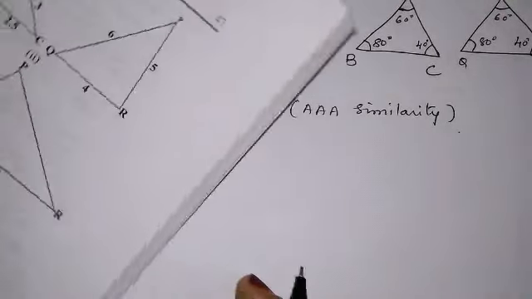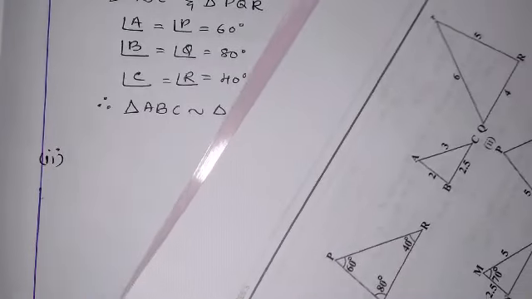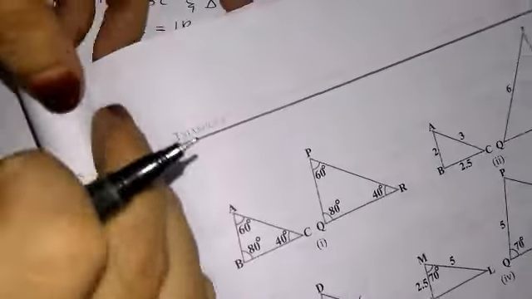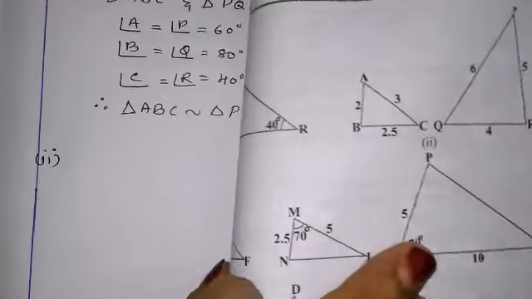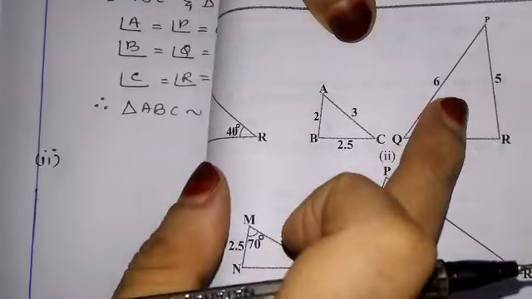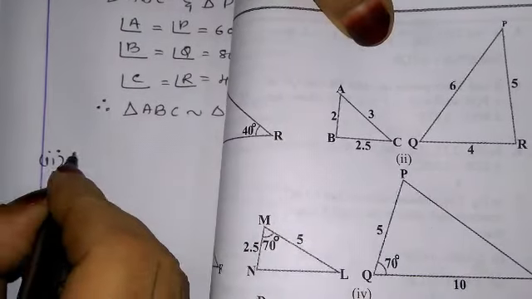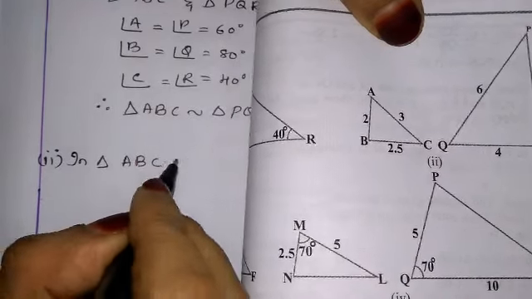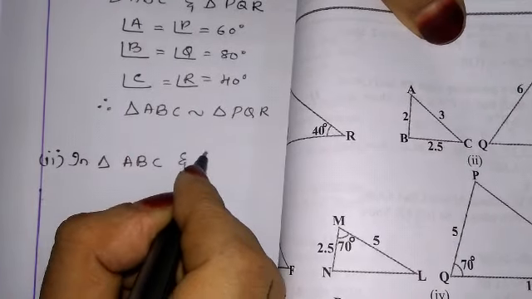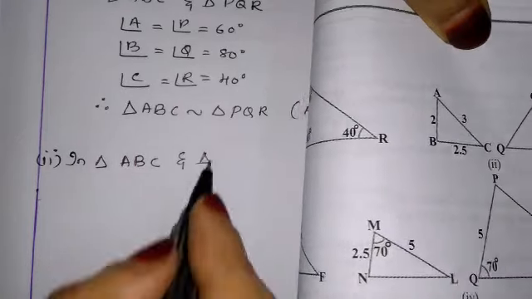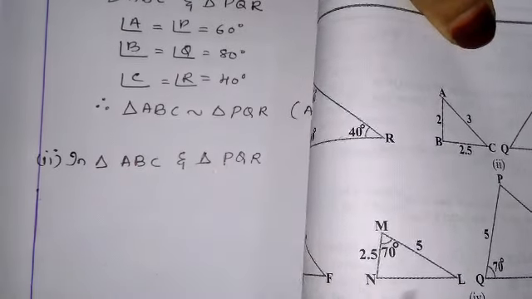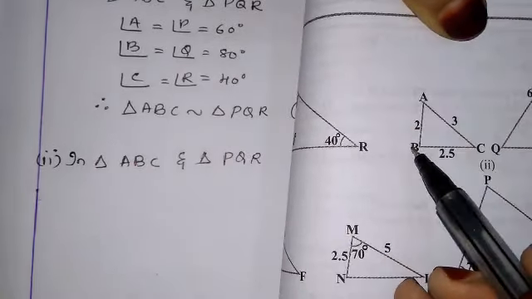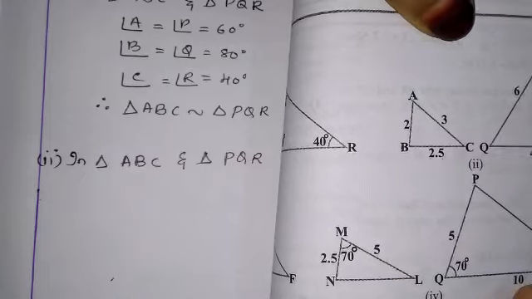Second one, AB. Let me write the given figure. You people see it. Given part I will write. Let me hold like this. Figure is second one. Focus here. In triangle ABC and triangle PQR, again PQR only, they have given sides AB 2, BC 2.5, AC 3, and here also they have given